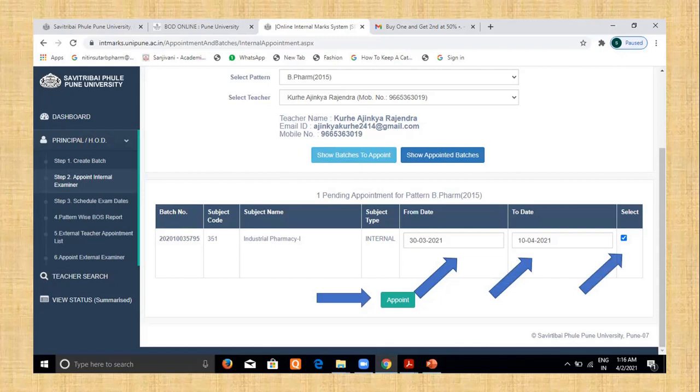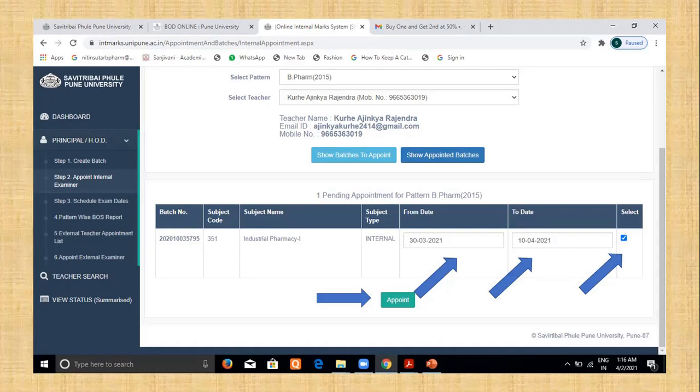Okay. In this way, the subject is appointed. If you want to see whether a subject has been appointed or not, you have to click on show appointed batches. Means for Ajinkya Kure, how many subjects are appointed, or which subject is appointed to whom, you can observe in show appointed batches.